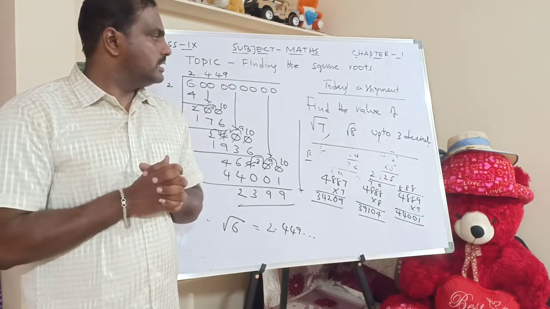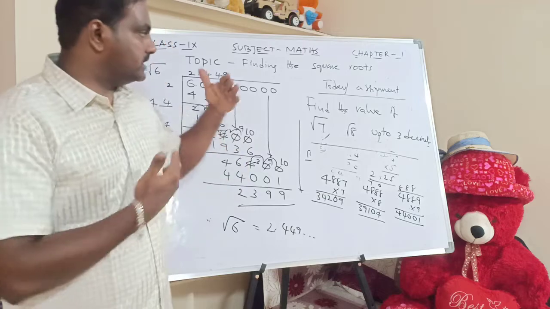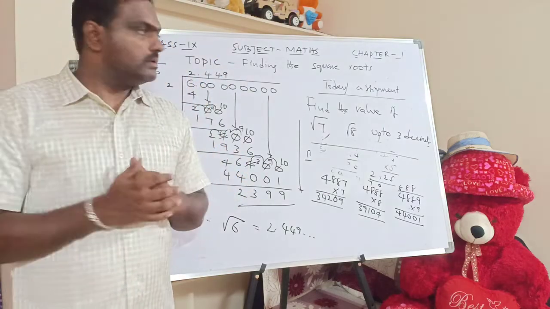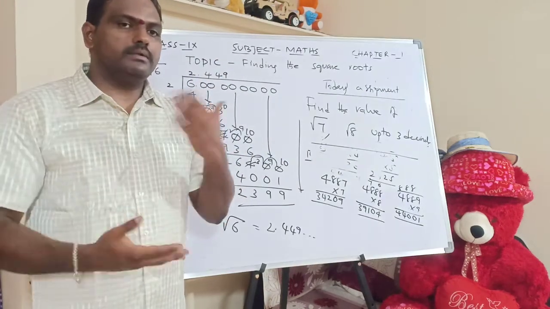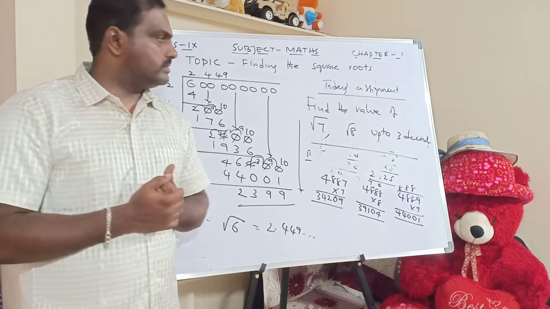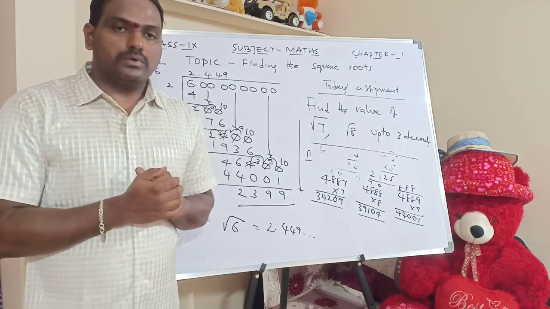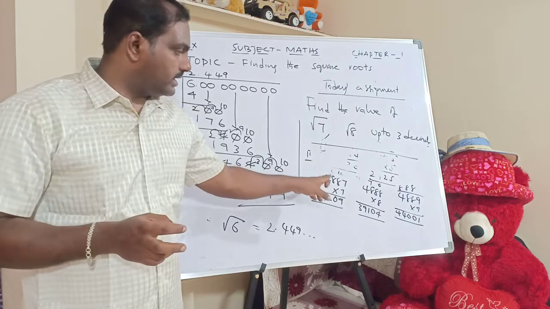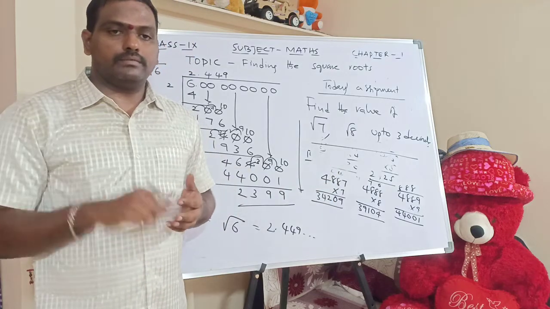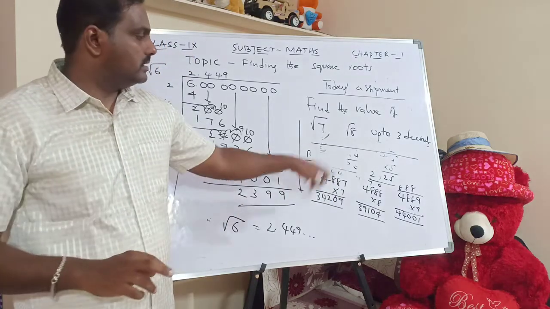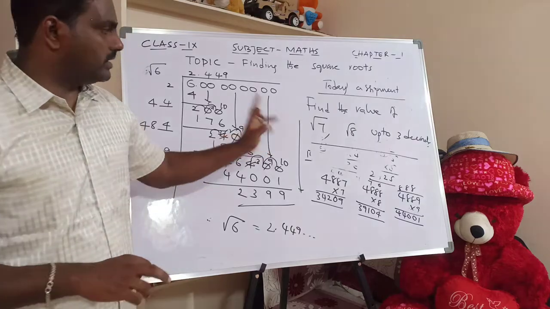In the next session I'll tell you roughly, because if we stick to here the portion will not move. Try to understand the concept, then you can take your own numbers. Don't copy from others, and don't forget to do the rough work also. Next time onwards I need the rough work and I will check whether these things are correct or not.